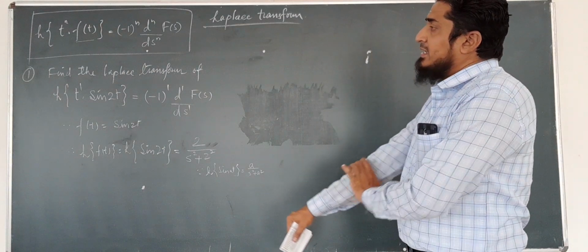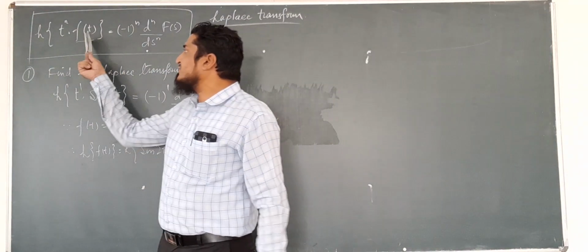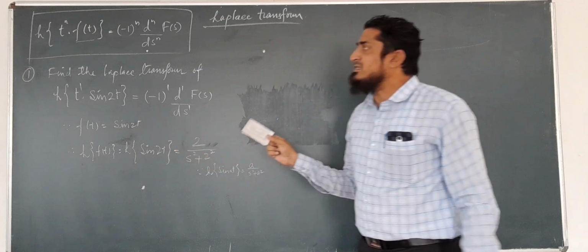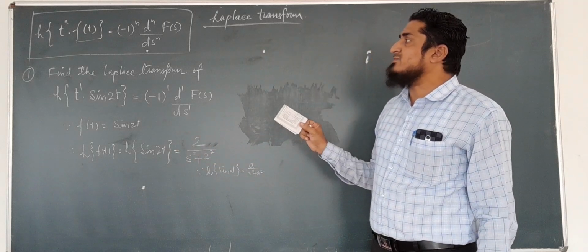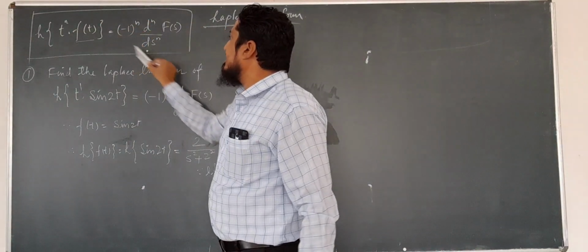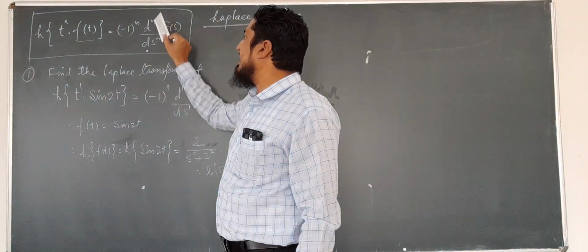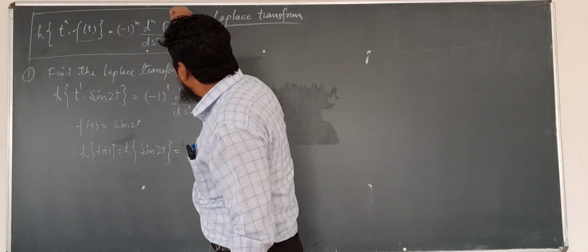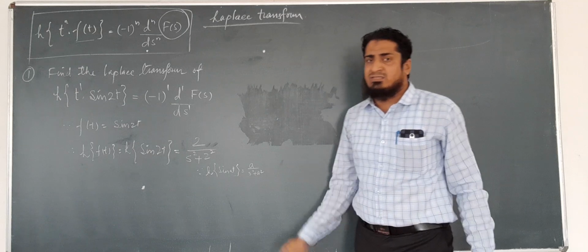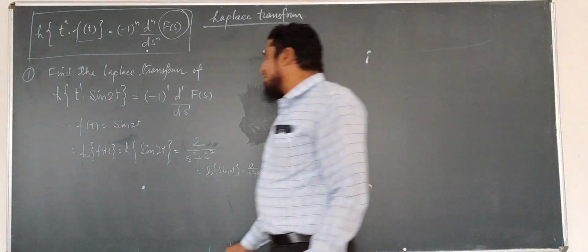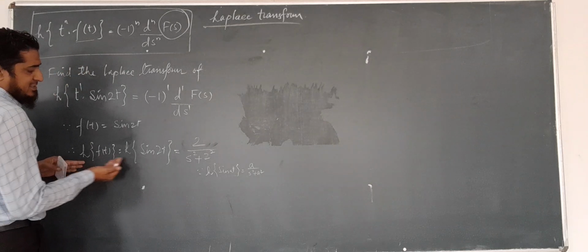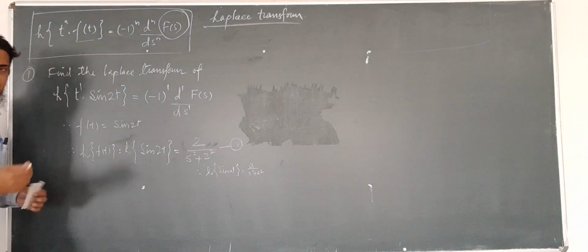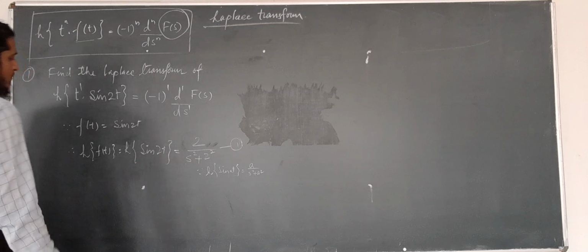Friends, remember one thing: whenever a function comes with multiplication of the variable t having any power, then the Laplace transform gives us the formula minus 1 raised to n, d^n by ds^n of f of s. So we have to calculate f of s first and then differentiate that function. So we found the Laplace transform of sine 2t is equal to 2 upon s square plus 2 square, and now